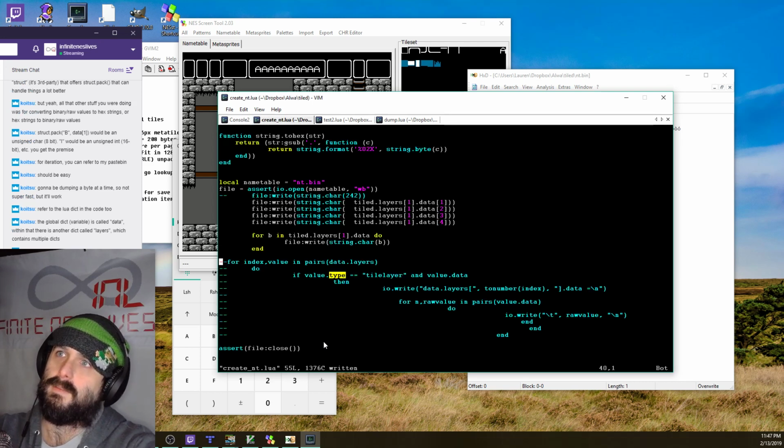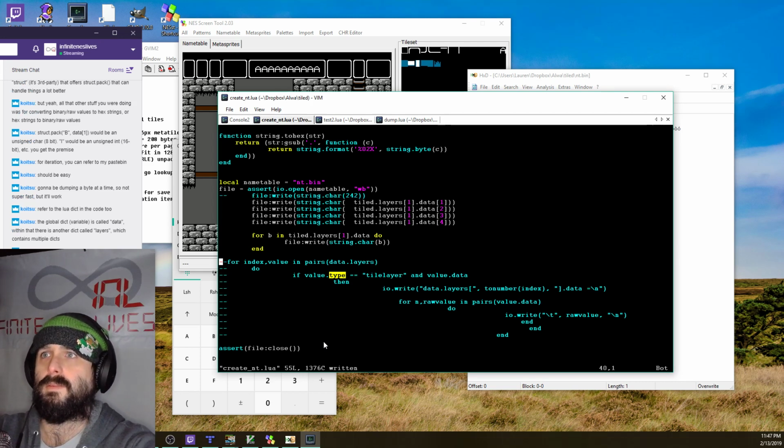So I need, yeah, pairs.data.layers. So that's what I'm trying to do, and it seems like, so for index value in pairs data.layers. Okay, so the index and the value